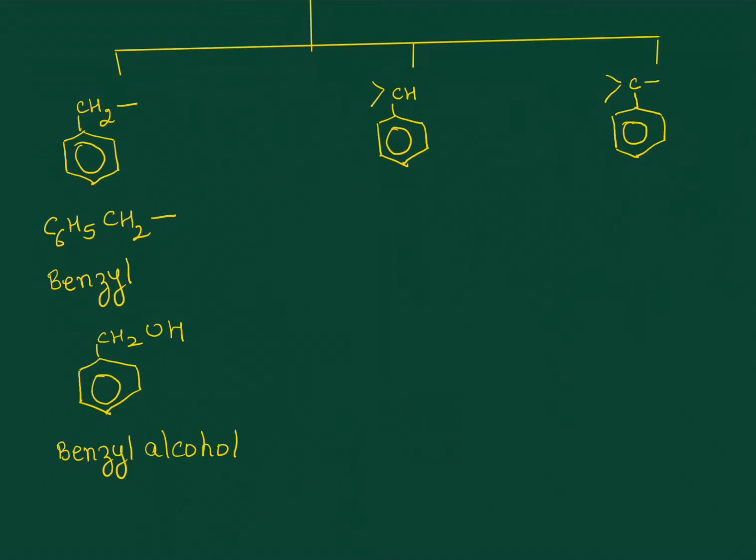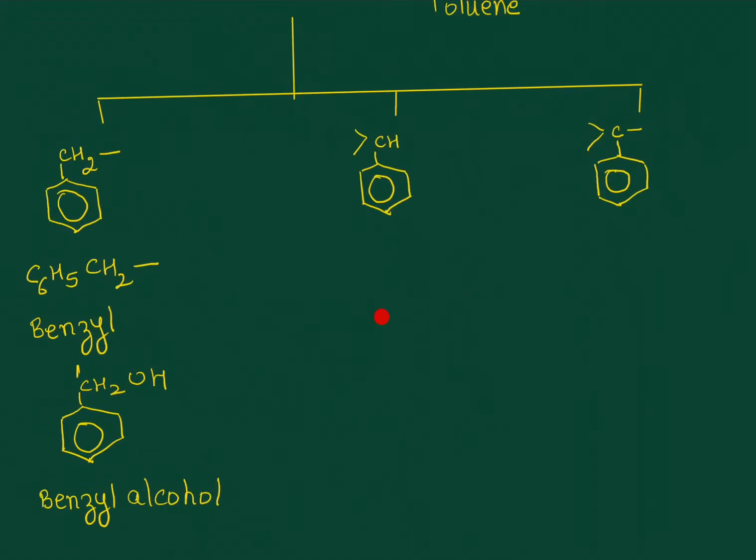Of course, if I have to name it by the IUPAC name, exactly by IUPAC name, I would name it as phenyl methanol, right? I've got one carbon atom in the main chain and there's an OH group, so I'm going to name it with regards to that. So I'll have methyl, so there's a phenyl group and an OH group. So this becomes phenyl methanol. But what you'll come across very often is benzyl alcohol or the word benzyl.